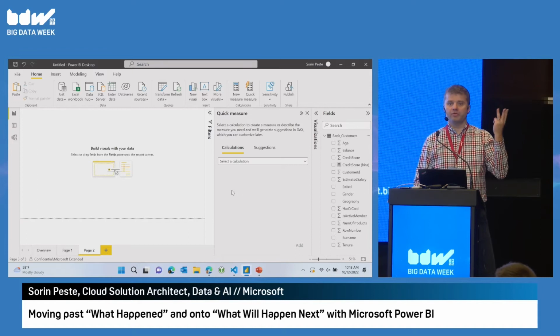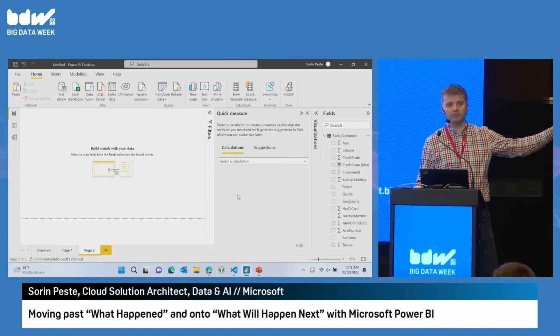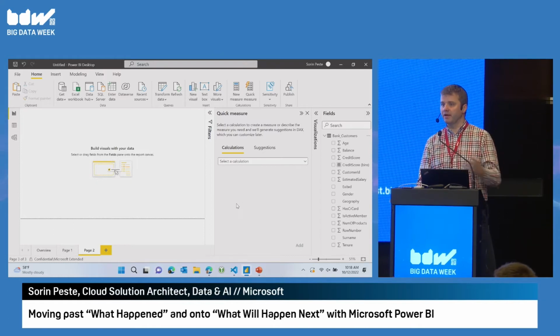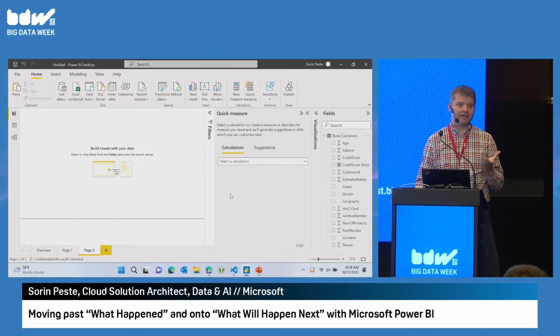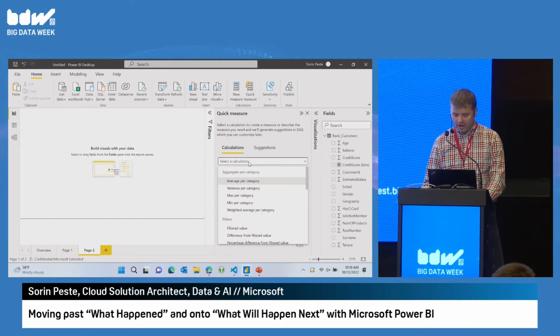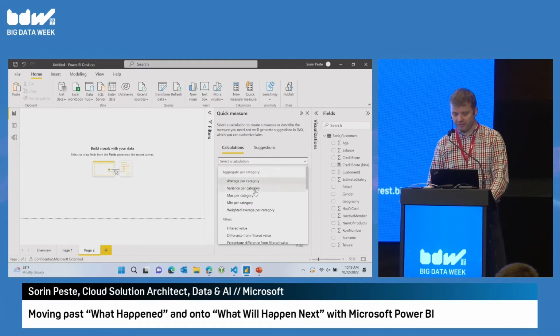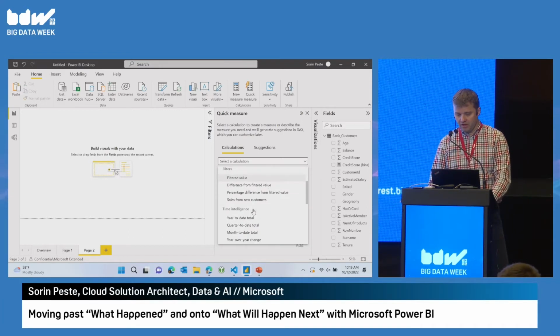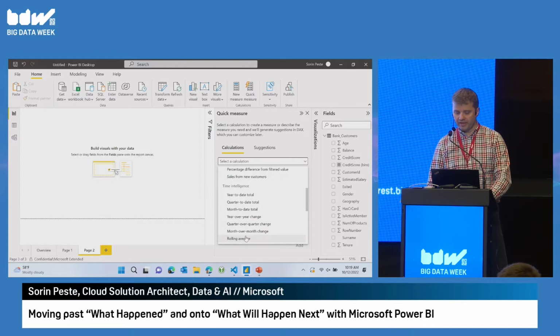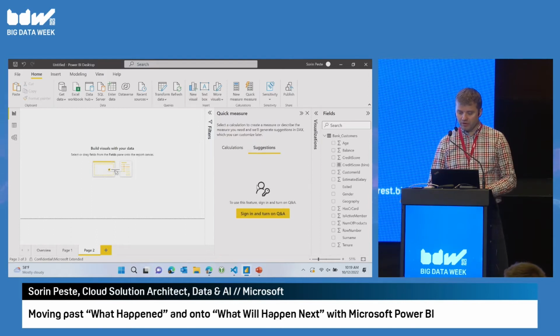There are 3 ways to create these kinds of measures, these calculations. It can be writing a formula in a language called DAX. This is the language of Power BI. It kind of looks like Excel a little bit by design. You have a wizard to help you create metrics like average per category, variance, weighted average, year to date, quarter to date, rolling average, those kinds of analytics that you're probably quite familiar with. You can also create a metric.